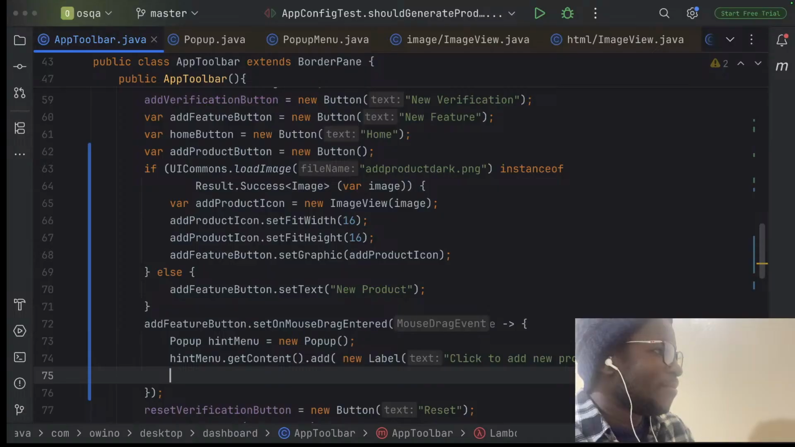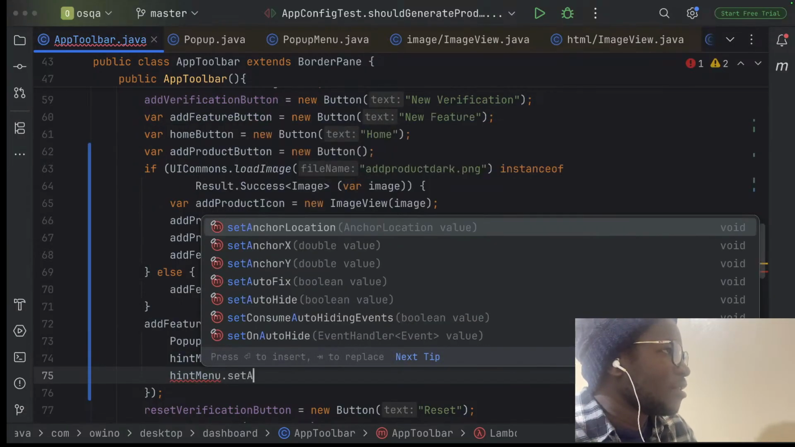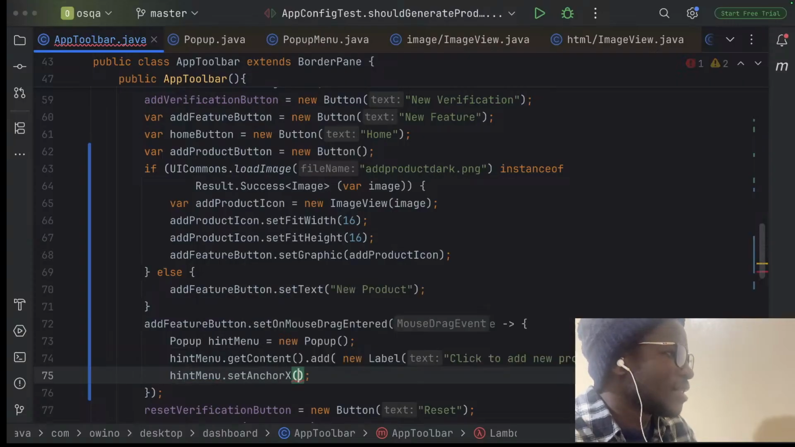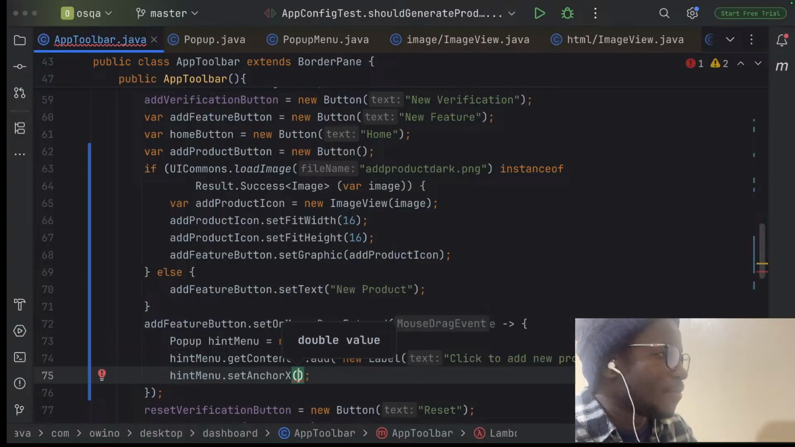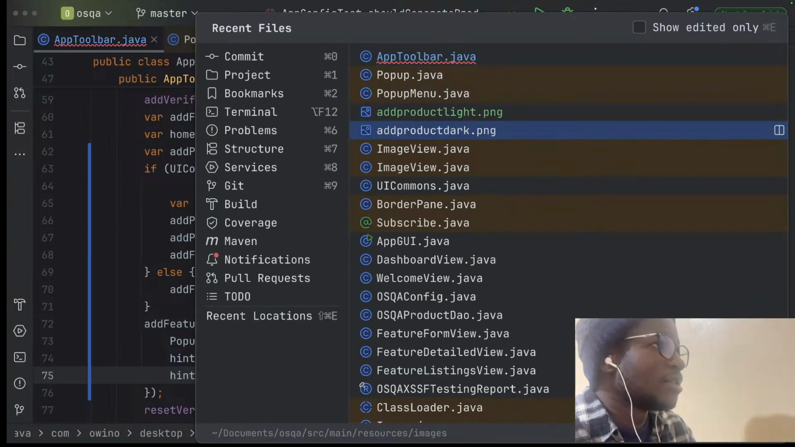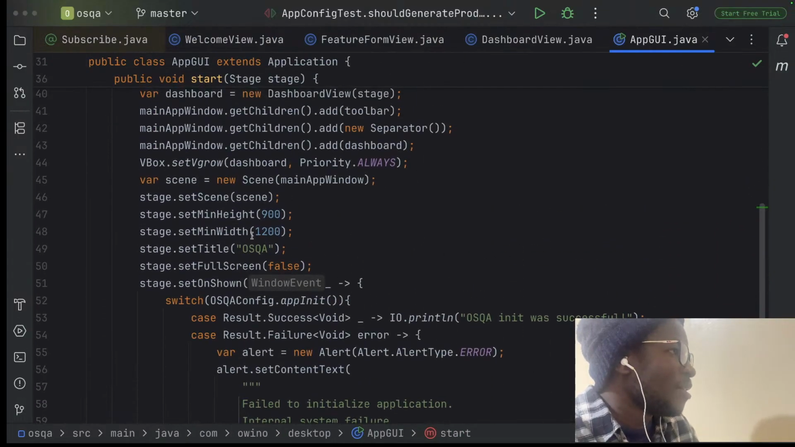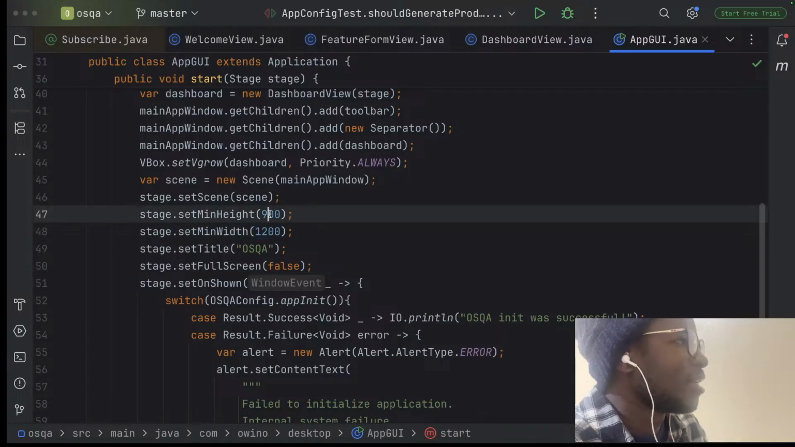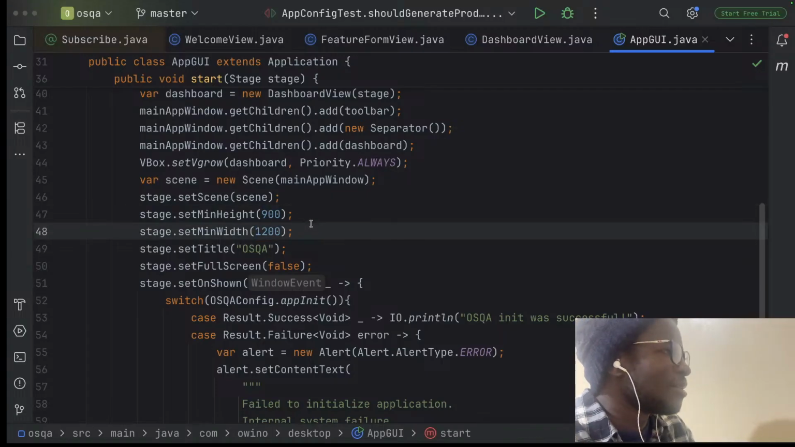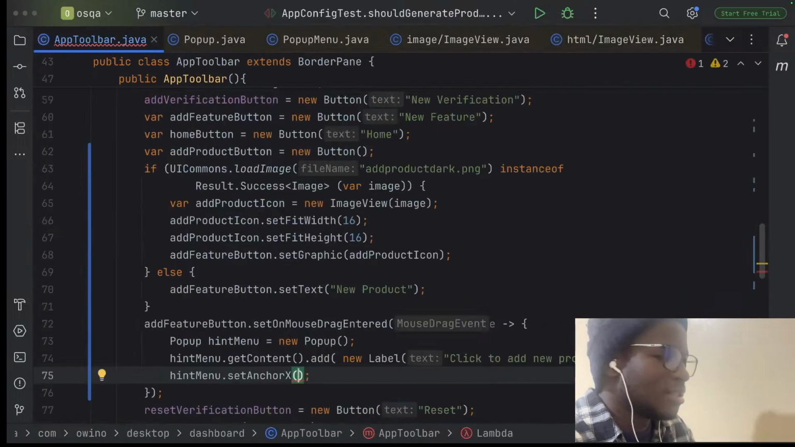Okay, and perhaps we can define the position, set anchor X. I know the width is around, let me get the exact width of this view. So the width is around 1200, height 900 by default. So maybe I can take advantage of that and say perhaps on X this would be 800,